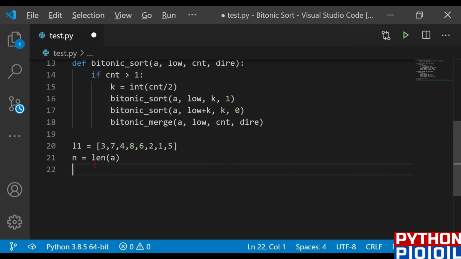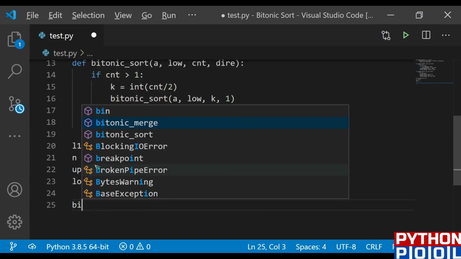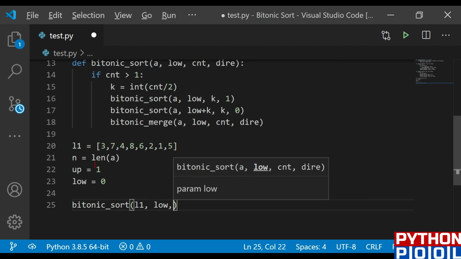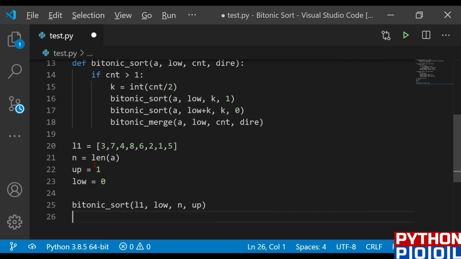Up would be the direction and low would be the opposite direction. I'm going to call this bitonic sort function and pass these four values: the L1 list, low value, n, which is the count, and the up value, which is the direction. After that I need to print this L1 list.